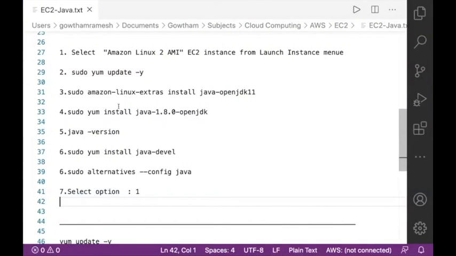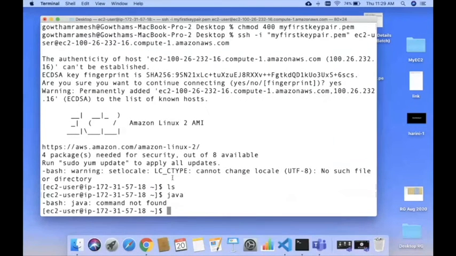The first command you're supposed to give is sudo yum update -y. Since the Linux virtual machine we have created is based on the RHEL family, we are using the yum package manager.